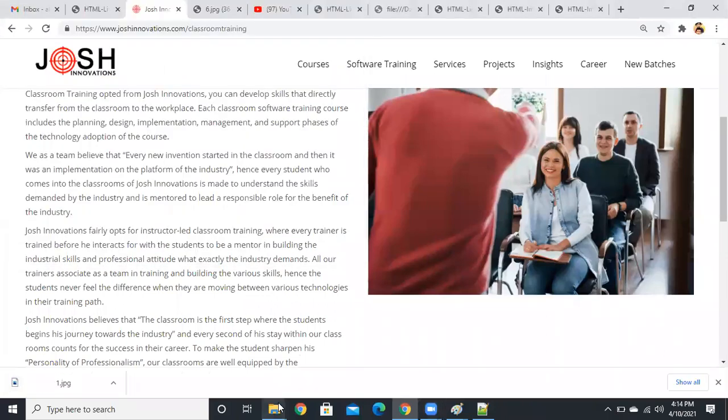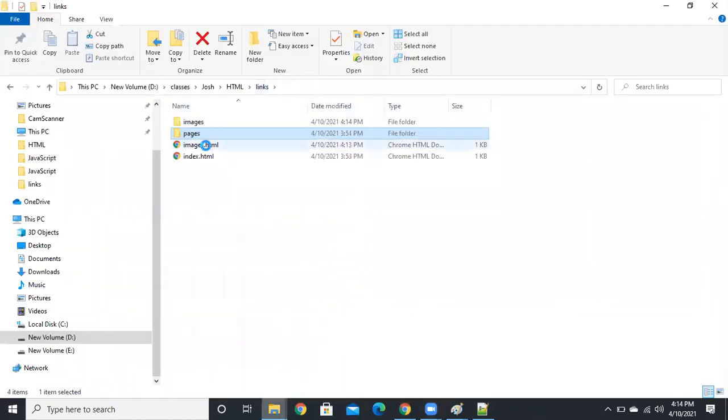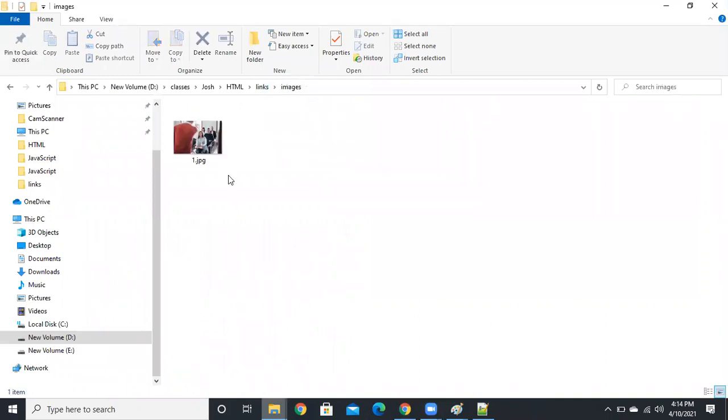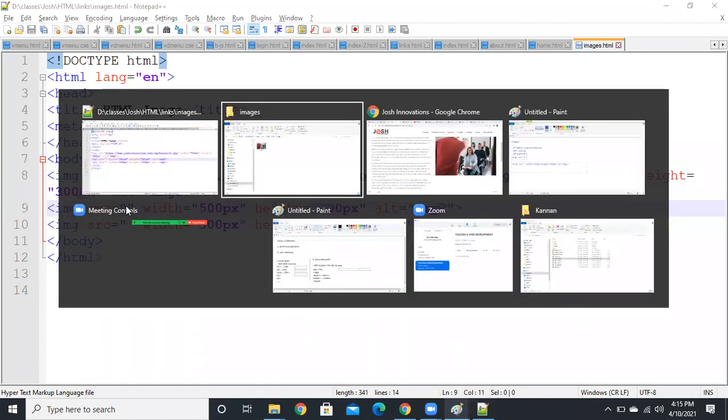You tell me, guys, how to insert the path here. See, I will show you the structure. This is my file. The image is inside the images folder, that is 1.jpg. So how can I give the path here? In the links folder you have an images folder and the HTML file also. Now we have to go to 1.jpg.